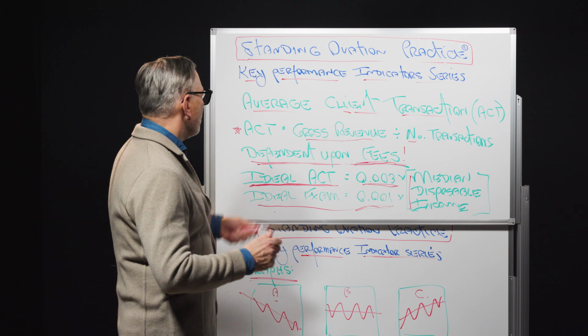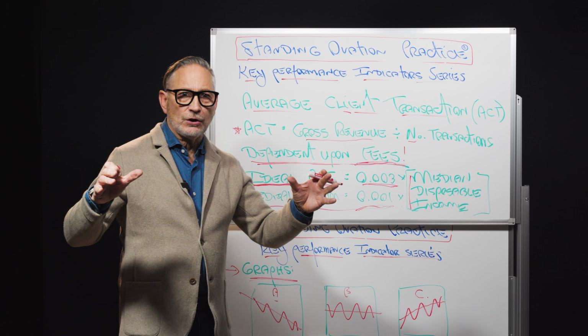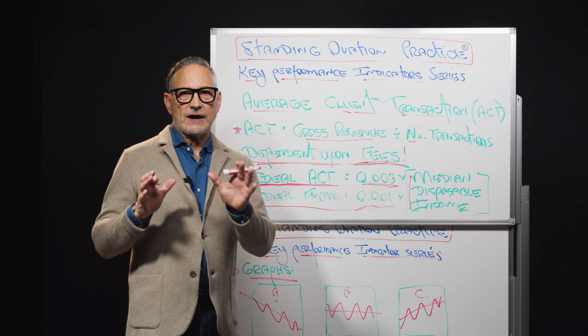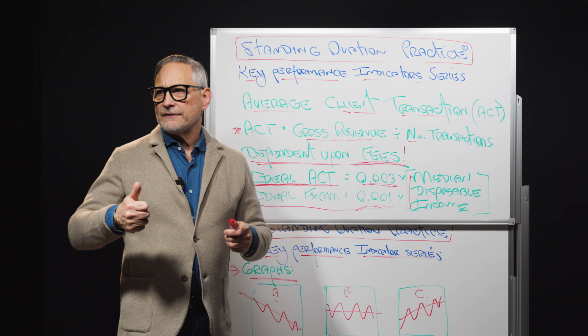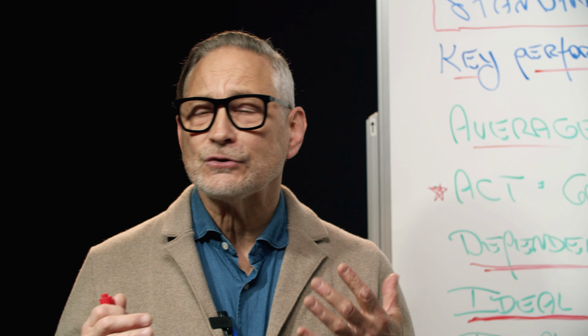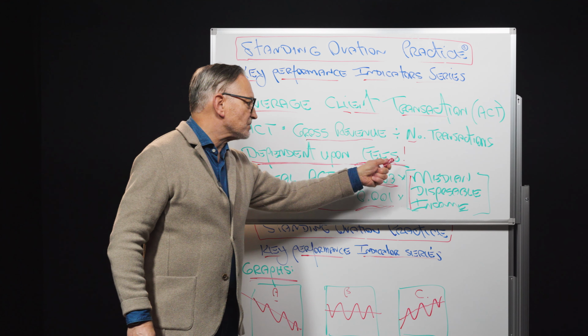Okay. So average client transaction, super cool. 90% of practices are too low. 90% of practices have considerations that they're charging too much, or they talk to the guy down the street. Listen, when you get on the phone to that practice owner down the street, guys, they're flying as blind as you are. They don't know. That's like you and I going to a foreign city and asking the person next to you that came from your town, where are we? They don't know either.